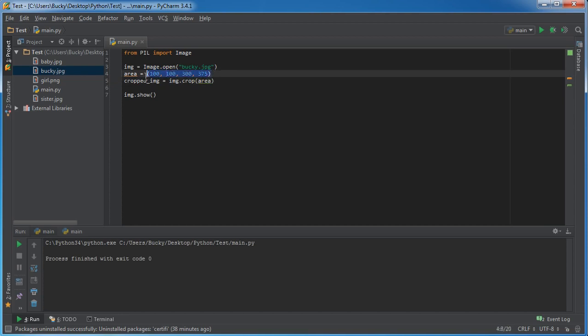And you can actually throw this entire thing right in here without the need for the area variable. But then you have these double parentheses and it gets kind of messy. So this is actually the best way to do it. So what we're basically saying is take this original image of Bucky and crop out an area with these coordinates and store that new image in this cropped image. So now if we actually just show this,